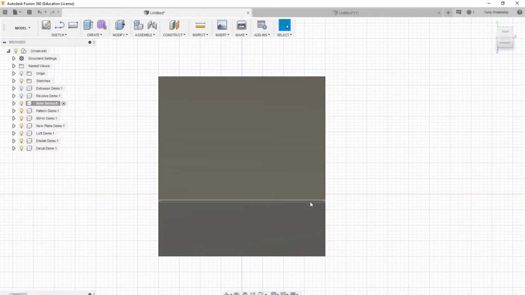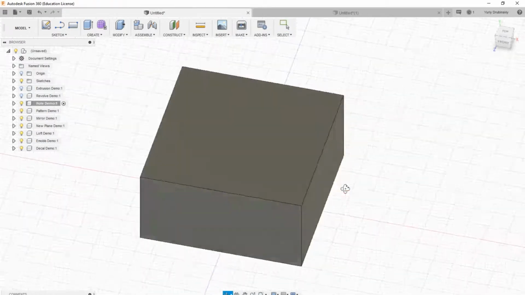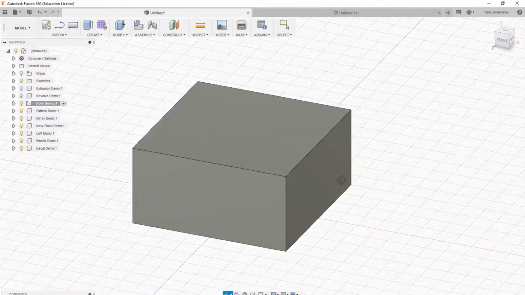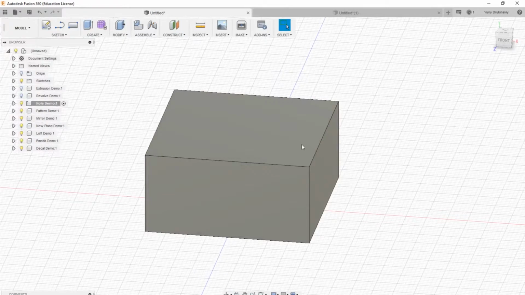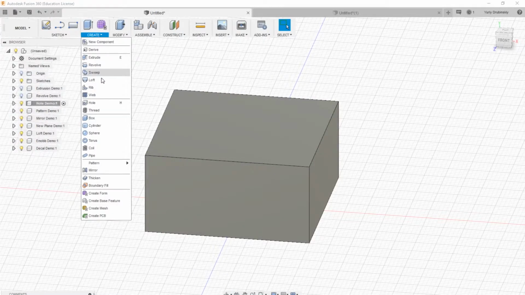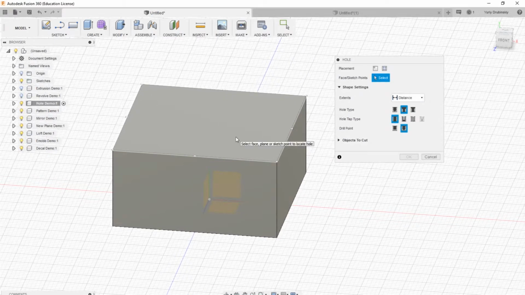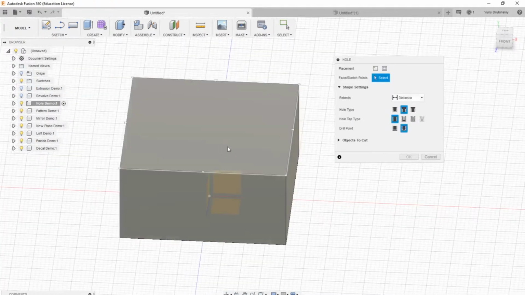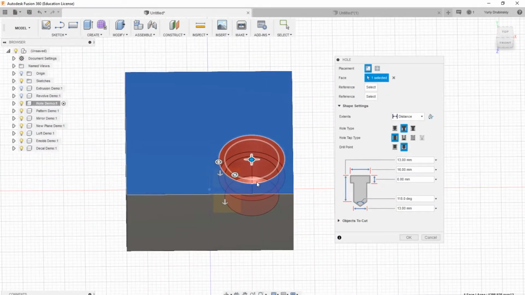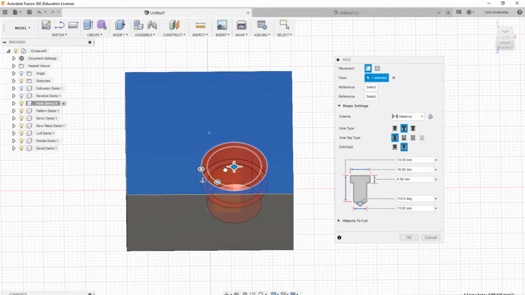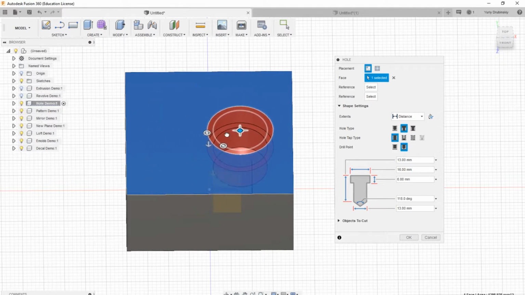Now we're going to look at using the Hole tool, and I already have this block made that I'm going to use the Hole tool on. So we can go to Create, Hole, and Hole is very similar to sketching a circle and cutting it through like an extrude, but it gives us a lot more control over the hole. So we're going to create a hole on this top surface, and the first thing you'll notice is you can position the hole anywhere you want,